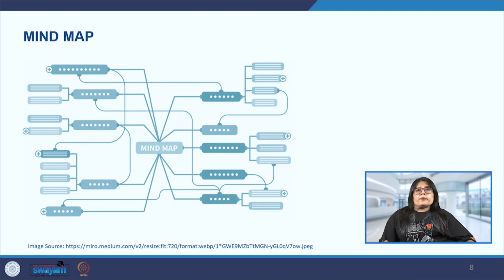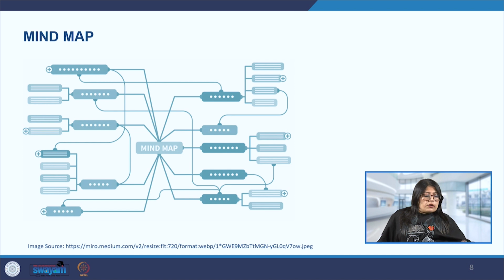So we can see in this example on the screen how in the middle, where we have written mind map, that is the main central core of what we want to achieve, and then how the different branches are branching out. In the dark green, we can see the main branches, and those dark green boxes further have light green boxes. So they are the smaller branches coming out of those big branches.